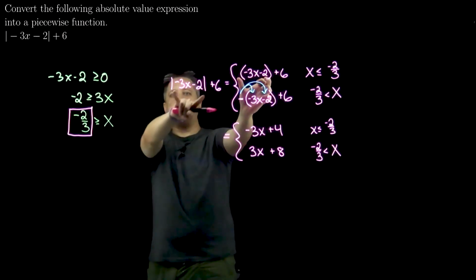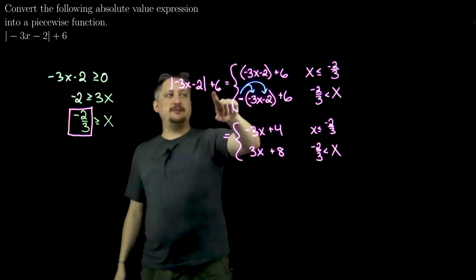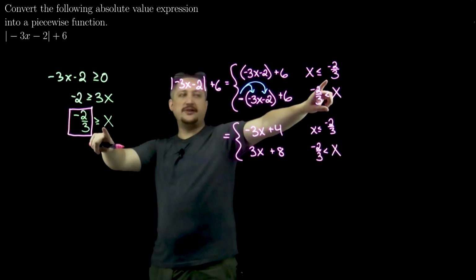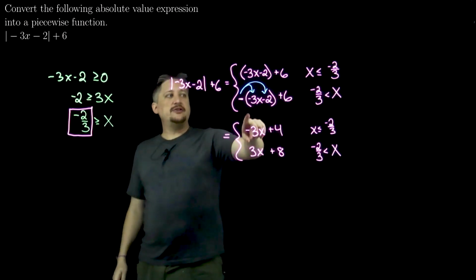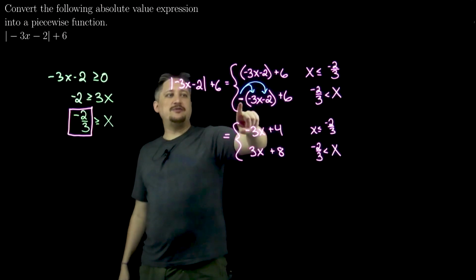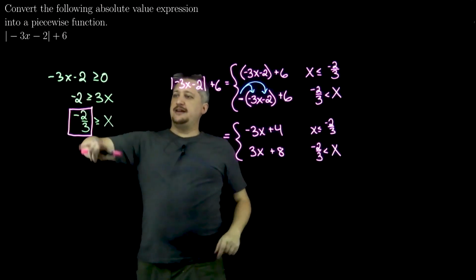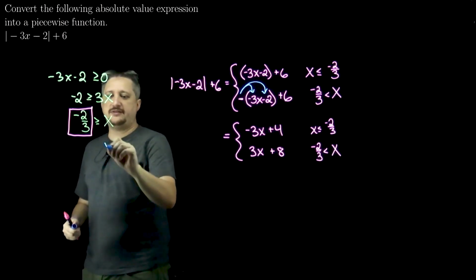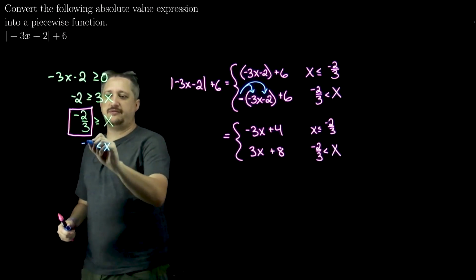I can replace the absolute value with parentheses. I still have that plus 6, can't forget that. That's when x is less than or equal to negative 2/3. On the other hand, when x is greater than negative 2/3, now I have to multiply by negative 1, right? Because if x is greater than negative 2/3,